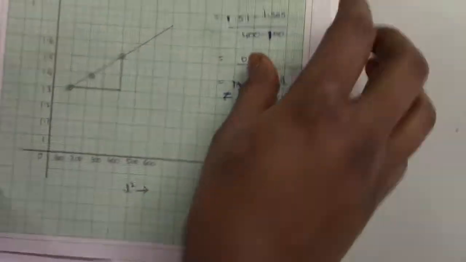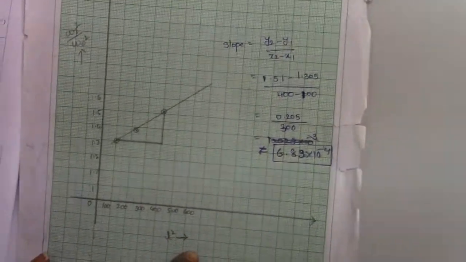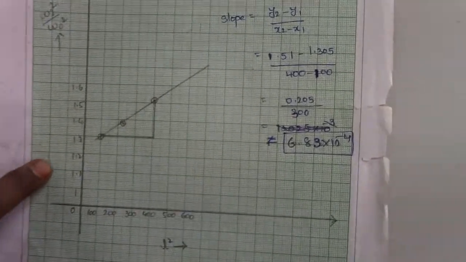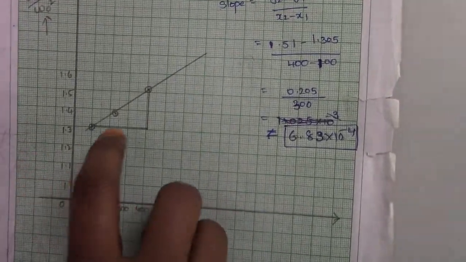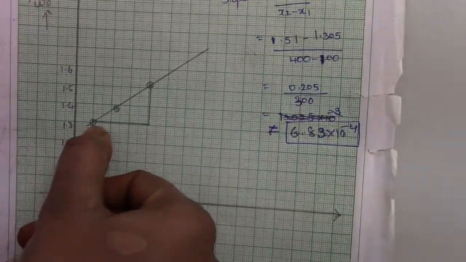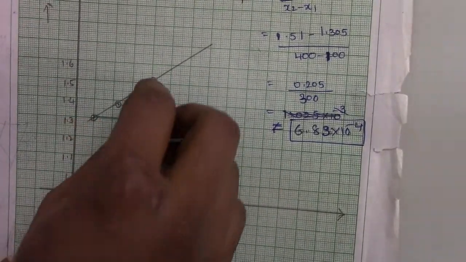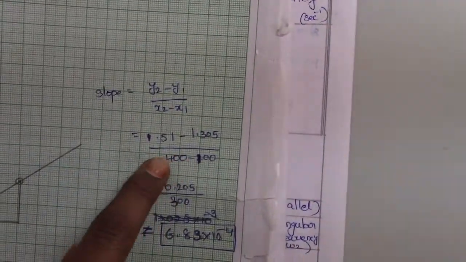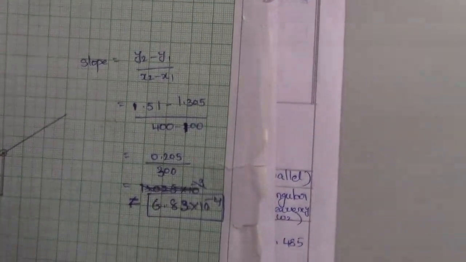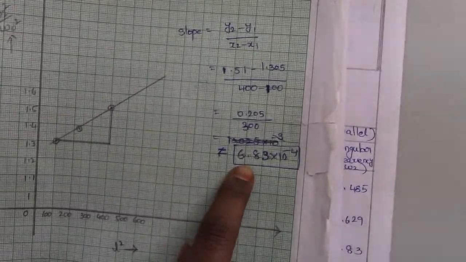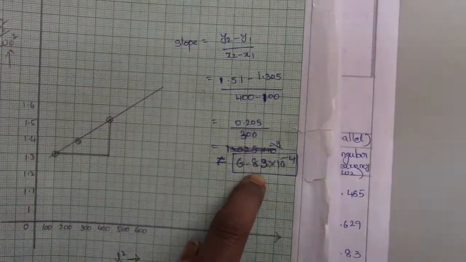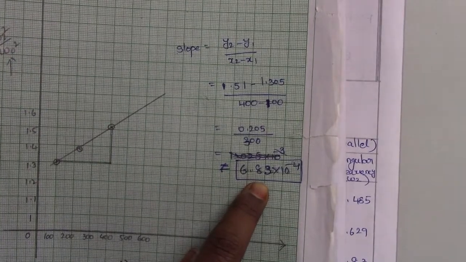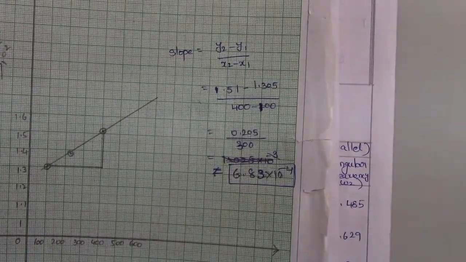So like this I have made the tabular column and I plotted the graph. So I got the graph like this by taking L square values on x-axis and omega 2 square by omega naught square on y-axis. So I got the line like this. By taking any 2 points I just took a slope and these are all the recorded values for the corresponding slope. Finally, by taking that necessary 2 points, I calculated the slope for this graph is 6.83 into 10 power minus 4. Now let us come back to the observations.